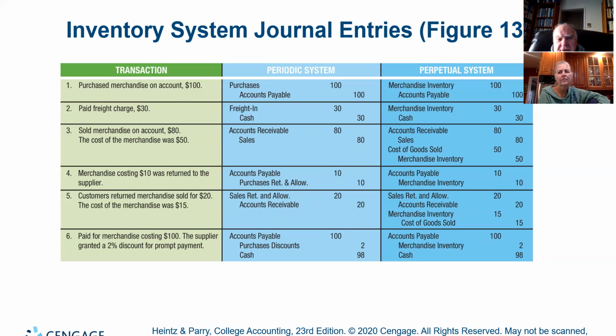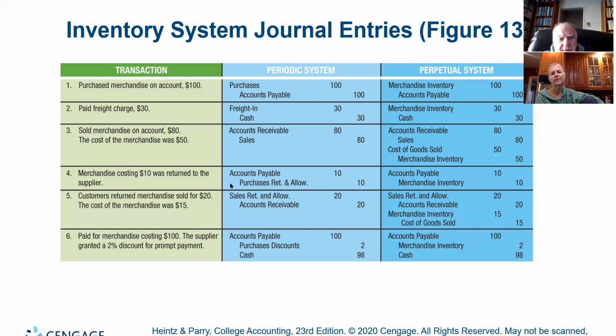If you call a store that is on a periodic system and you say, "Do you have 6 of these products available, please?" They might have to put you on hold while they go back out into the warehouse and look. Under the perpetual system, you just push the button for the part number and it'll pop right up.